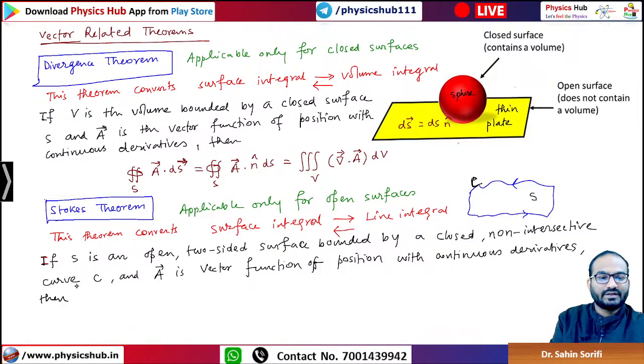Then we can write the mathematical form. What do you have to do? Convert a surface integral into a line integral, or a line integral into a surface integral. So here the mathematical form is